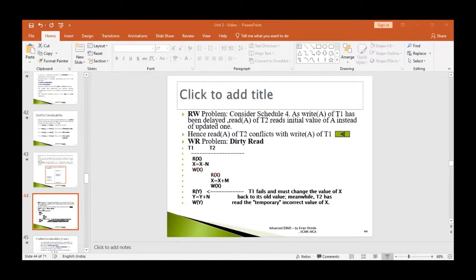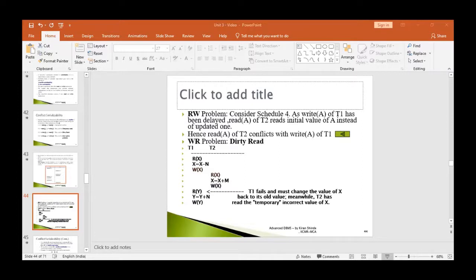So up to WX we are over. So just proceed further. WZ, no conflict because the data items are different. And WX, we are not going to check because it belongs to the same transaction. And now we can just use some color to signify that RX instruction has been checked with all the instructions with transaction T2 and transaction T3.